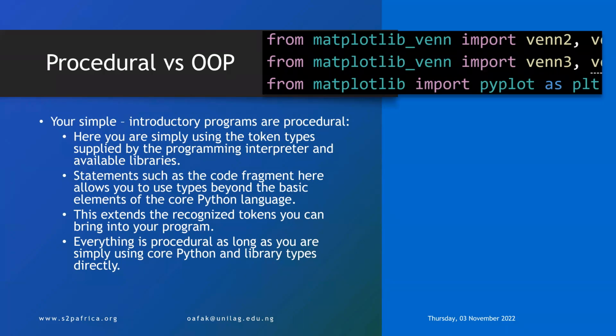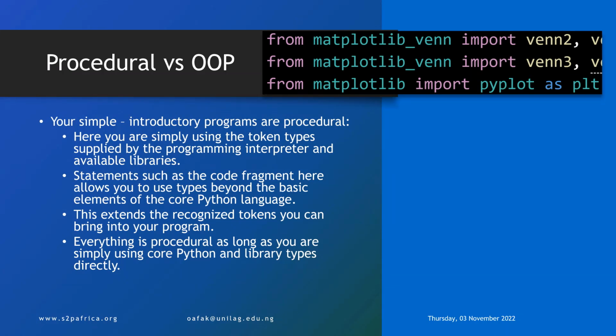Procedural versus object-oriented programming. Your simple introductory programs are procedural. Here you are simply using token types supplied by the programming interpreter and available libraries. So as long as all you are doing is using token types supplied by the programming environment and